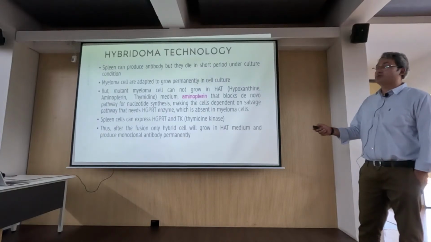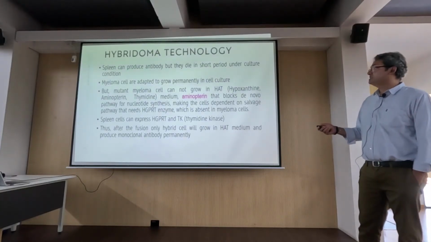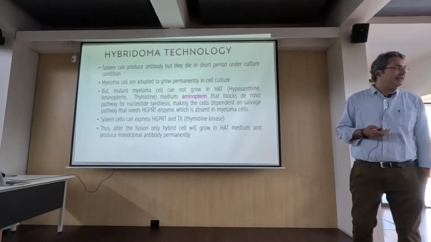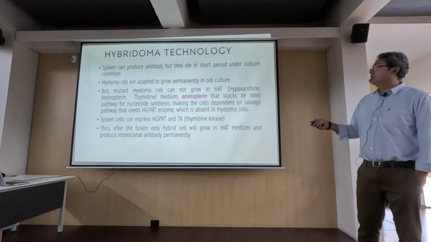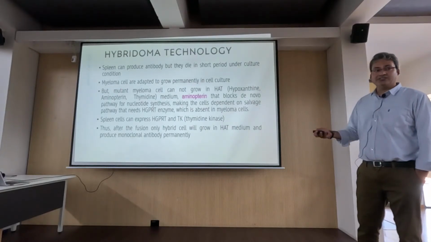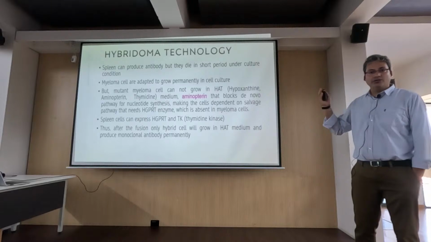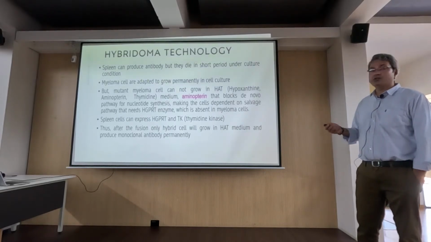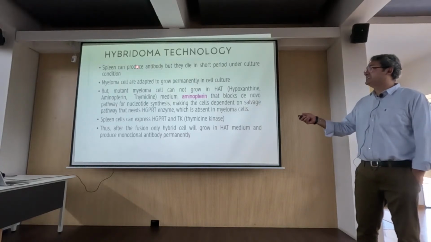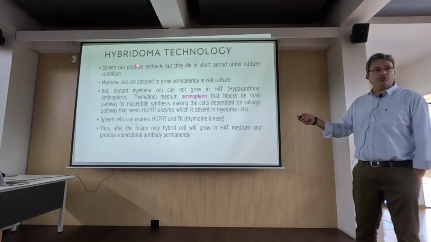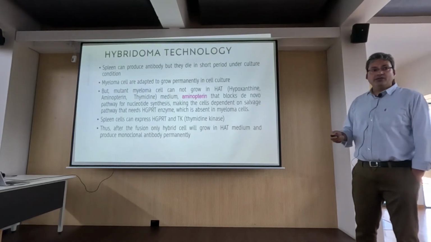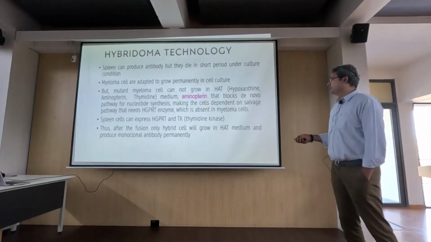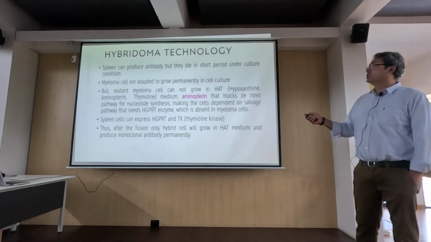We know spleen cells can produce antibody, as we have just discussed, but as they are primary cells, they cannot be grown for a longer time. They'll die off relatively soon. On the other hand, myeloma cells, which are cancerous cells, can grow indefinitely. They are immortal, and you can grow them for a longer time. So can we do something to utilize both these characteristics from these two different cells? Yes, we can. What you do is you fuse them using PEG, or polyethylene glycol, and then grow them in